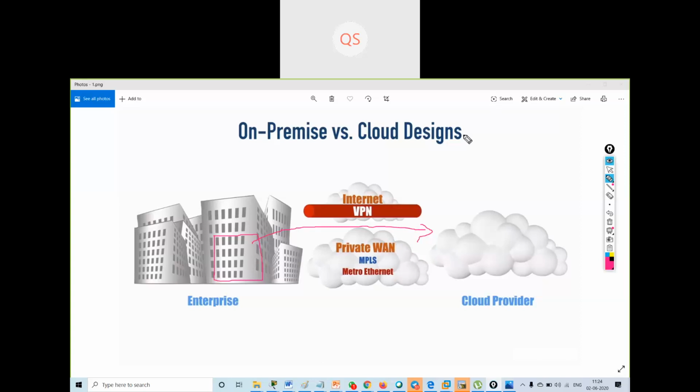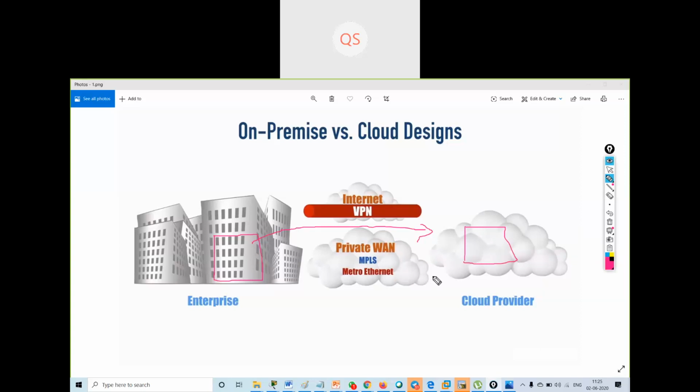These providers have physical servers, and we can store our data securely on their servers and get access at any time.